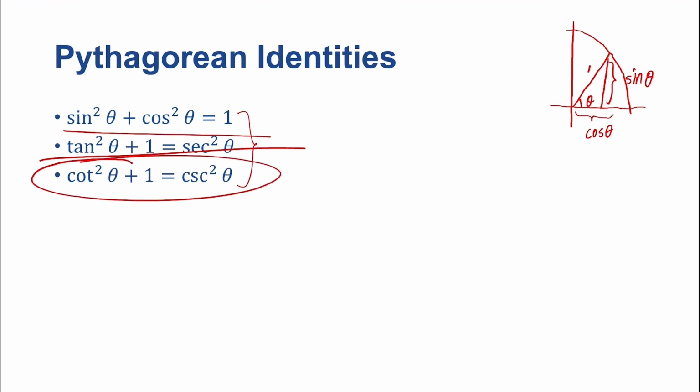This one will become important, but as you remember how we kind of didn't talk about the cotangent and the cosecant because of how similar it was to the tangent and secant, we're going to be spending a lot more time talking about tangent, secant, and sine and cosine, more so than the cotangent and the cosecant. Well, specifically, we'll be talking about sine, tangent, and